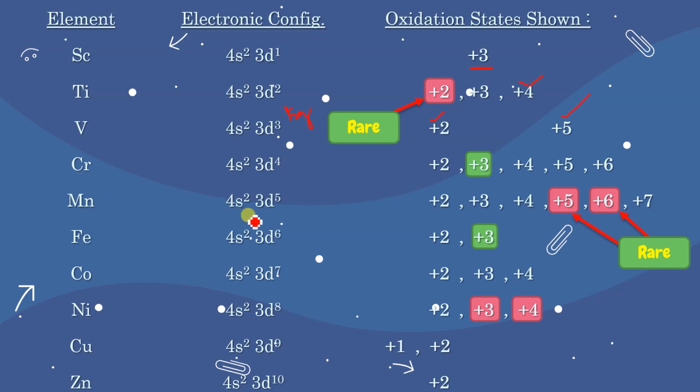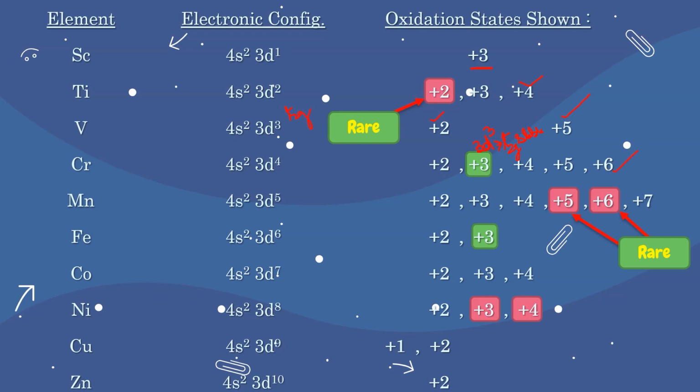Now chromium. Chromium, if it is losing 1 electron, no benefit. 2 electrons, again no benefit. If it is losing 3 electrons, 2 from this and 1 from this, this is going to be stable, isn't it? The +3 it will show. क्यों? क्योंकि in this case in the +3 state it will have 3d3, which is called t2g stability, isn't it? So t2g stability will be a stable condition and hence this will be stable. Similarly फिर it will show one more, +4 जाएगा, +5 जाएगा, and all the 6 electrons will go to get the inert gas configuration. So that's why +6 also it can show.